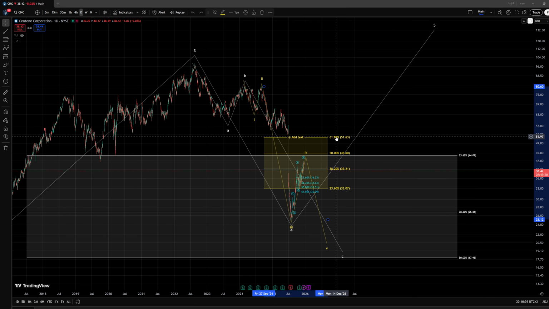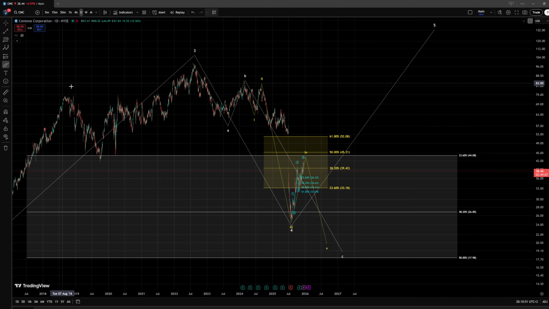In that case, the area of resistance could shift ever so slightly higher, but again, that would be the $52 level. So almost no difference. Yeah, the difference is marginal, and I would expect that honestly, if we break above this level, we should be prepared either for a much larger correction within the wave 4 or a bottom to be in